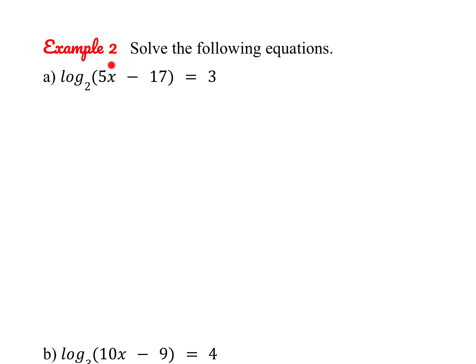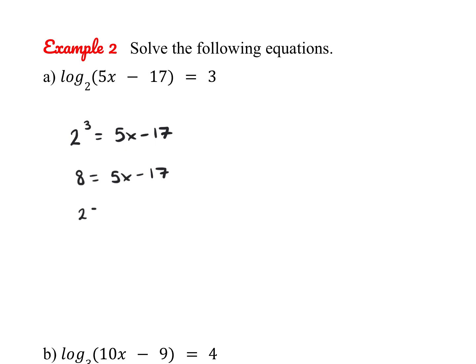So remember, logarithms define exponents. This logarithm is saying take this base, raise it to this power, and this is your result. So we can say 2 to the power of 3 equals 5x minus 17. In rewriting, you can see now that we've freed up our variable. Our variable was trapped inside our logarithm, but when we rewrite it in exponential form, now it's no longer trapped, and I can solve. So we know that 2 cubed is 8, and then this will allow us to finish